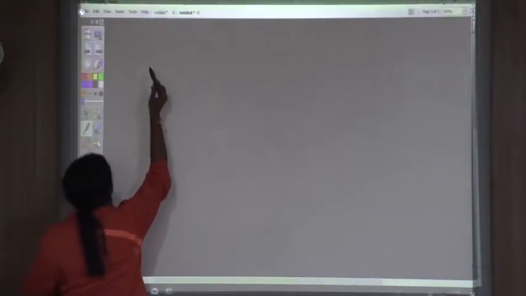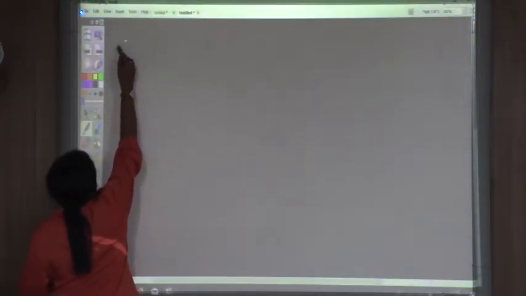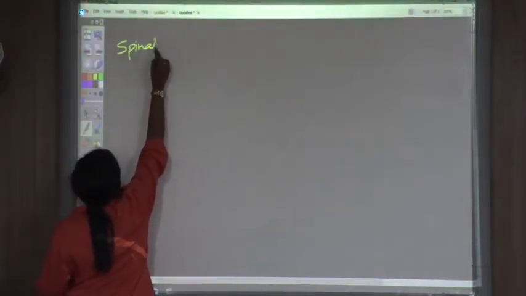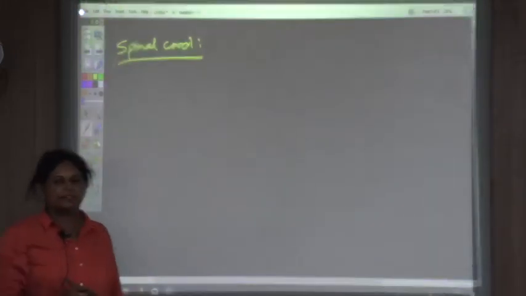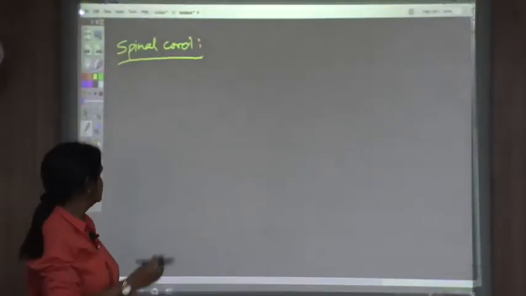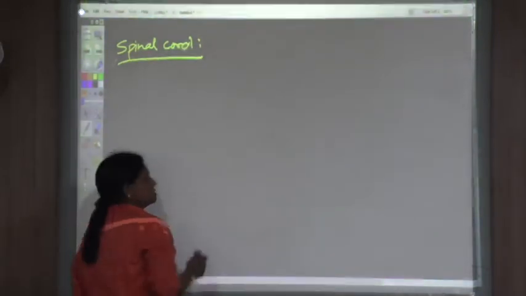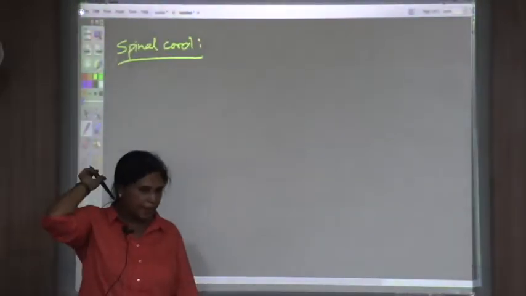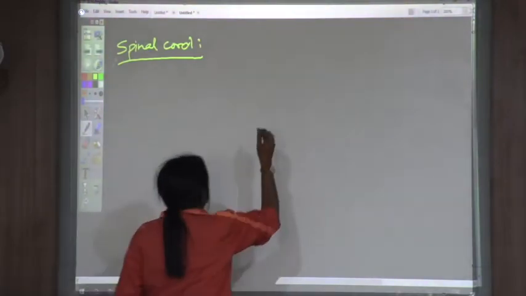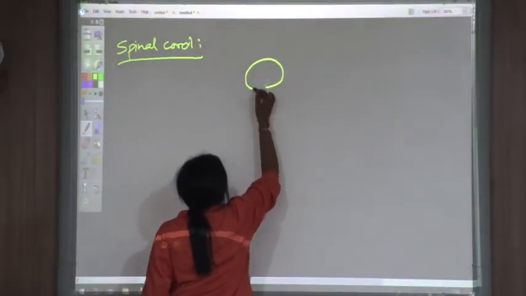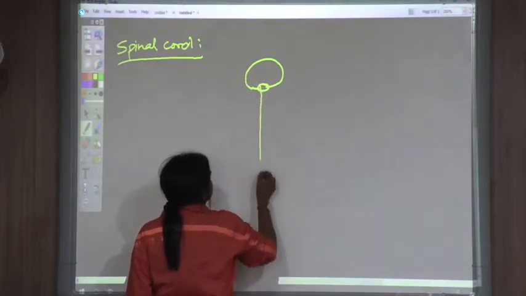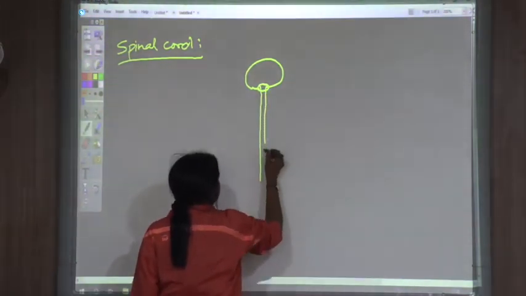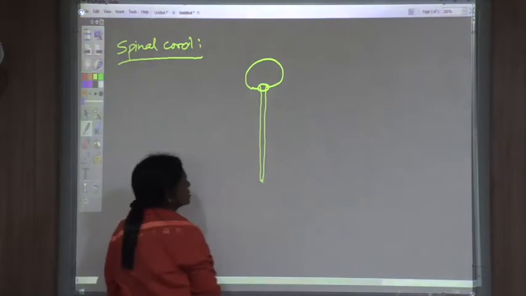So next thing is the spinal cord. This is another part of the central nervous system. Like the central nervous system has a brain and spinal cord. So let us see how the brain and the spinal cord are together there. Now suppose this is the brain. So from the cranium arises a brain stem that continues as a spinal cord,